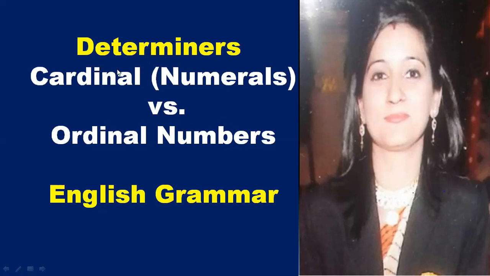First, I would like to tell you that I already taught you what a determiner is: its definition, its example, its rule, everything, in the prior video. Now I will just differentiate these two things on the request of some child. So what is this? Cardinal or numeral? Cardinal or numeral means the same thing. There are no differences between cardinal and numeral; they have two names but the role is the same. Next is the ordinal number. So we are going to differentiate between both of these terms. Let's come to the video.